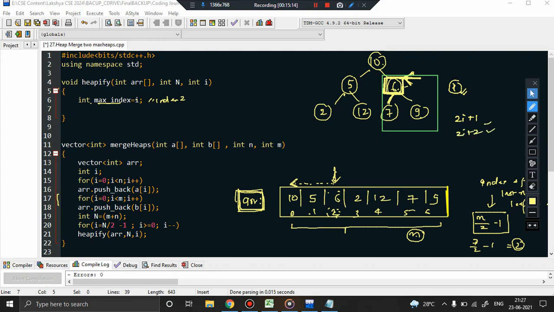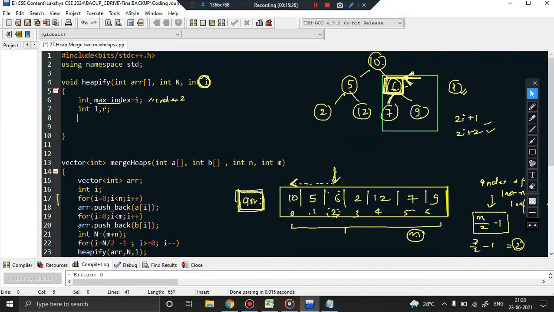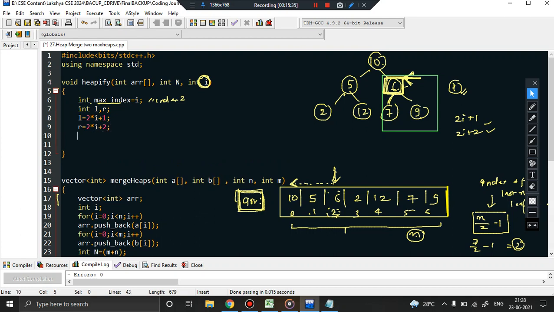Given that I have received the index I of a root node of a subtree, what will be the left child? For that I am going to say integer L comma R. L, the left child, is going to be 2 into I plus 1 and R is going to be 2 into I plus 2. I hope you got the point.